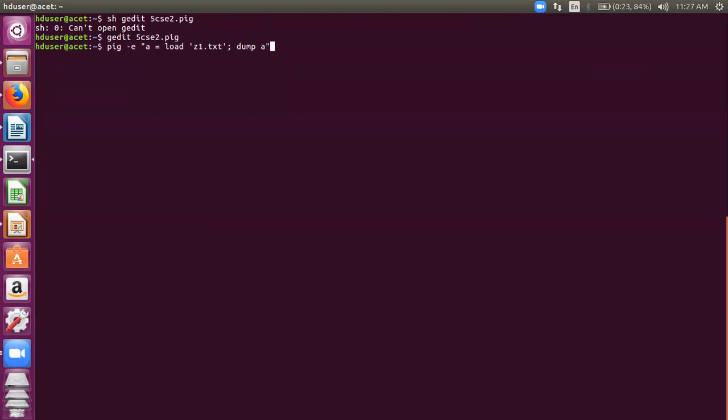Okay, so what will happen with this? It will execute this. Let's see whether it executes or not. What you're telling it is to execute these two Pig commands. You're not in the grunt shell, but even then with -e you can do it. Whether it works, yes or no, let's see. And look for the error also if there is some. You must give me an answer for this, right? I'm running it. Let's see what it replies.